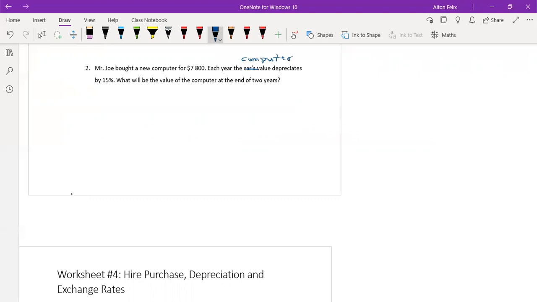All right, so when we use an item over time, it loses value, right? It loses value, and that is what they refer to as depreciation. So the rate of depreciation here is 15%. So after the first year,